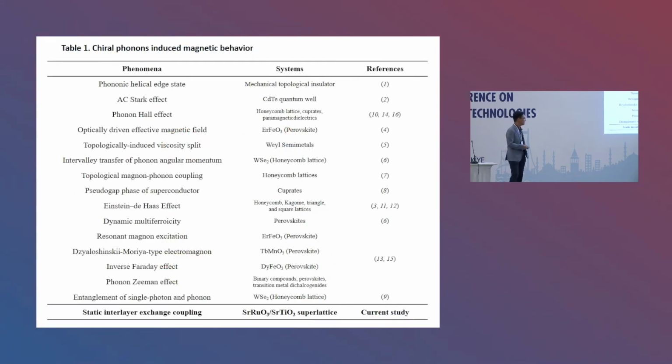So it turns out there are many different studies. These are some of the studies that we could find in the references. There are lots of different phenomena and lots of different systems, some oxide systems and also 2D materials. What I feel is that there isn't any particular criterion for having this chiral phonon. They are more universal, in 3D or even in 2D lattices, but you didn't look for them in the past. So now people are more interested in this.